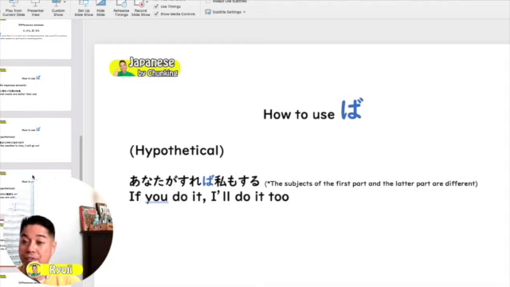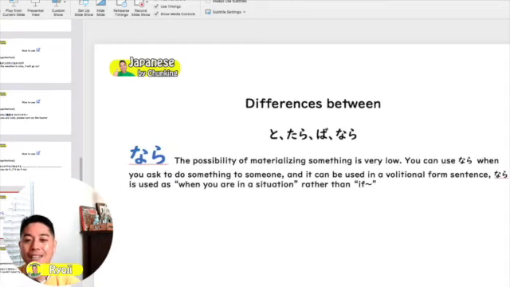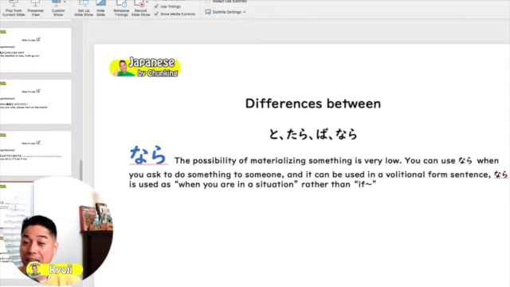Next one is another hypothetical. あなたがすれば私もする。If you do it, I'll do it too. So the subject of the first part and the latter part are different in this hypothetical situation. If you do it, I'll do it. あなたがすれば私もする。So in this case, you can use ば。